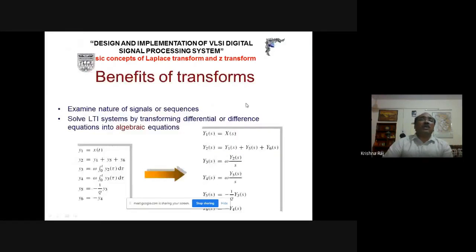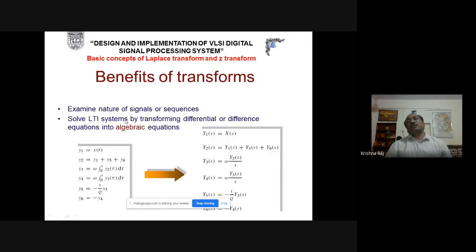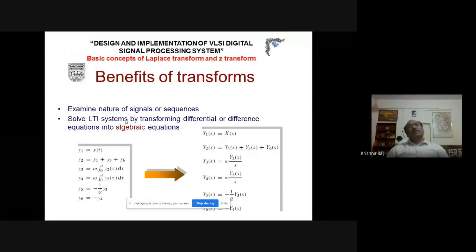Now say we use the LTI, linear time invariant system, as we have discussed. If there is a differential equation and all the coefficients are independent of time, that is, they are not changing their values with respect to time, it means all the components are fixed and their values are not changing with respect to time, then that will be the linear time invariant system.